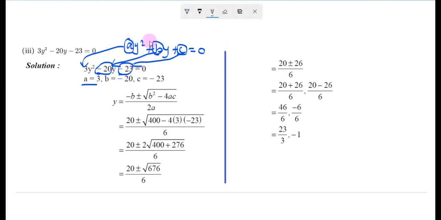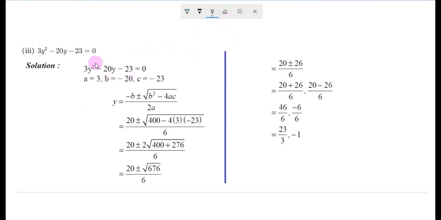Okay, you don't want to write here a square, like a into y square plus by plus c, and just draw a circle and just draw arrow mark. We don't want to do. Okay, just for understanding I am doing this. Okay, and now the formula y equal to, basically x we will take, but here y square y, you know, so we should take y equal to minus b plus or minus root of b square minus 4ac whole divided by 2a. Okay, now that is equal to, the next step I write here, minus b means minus of minus 20